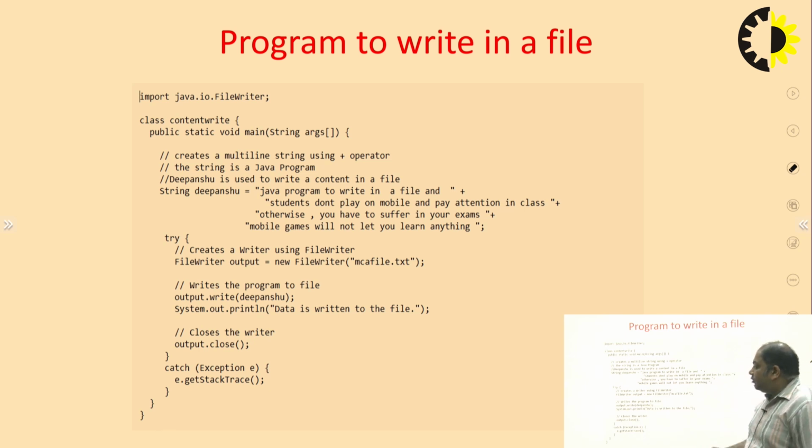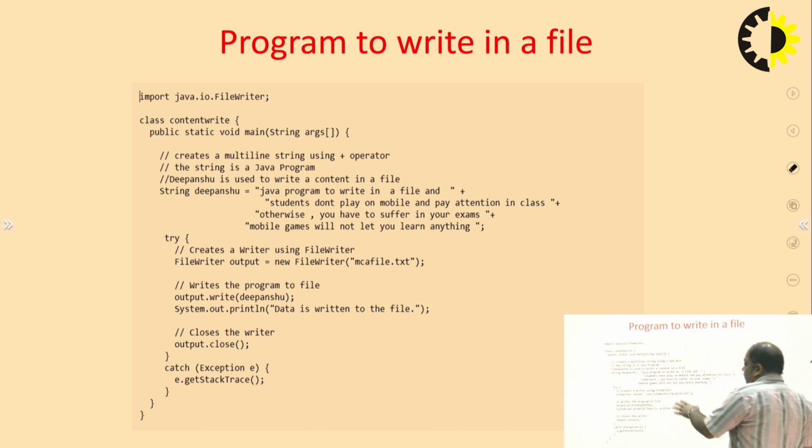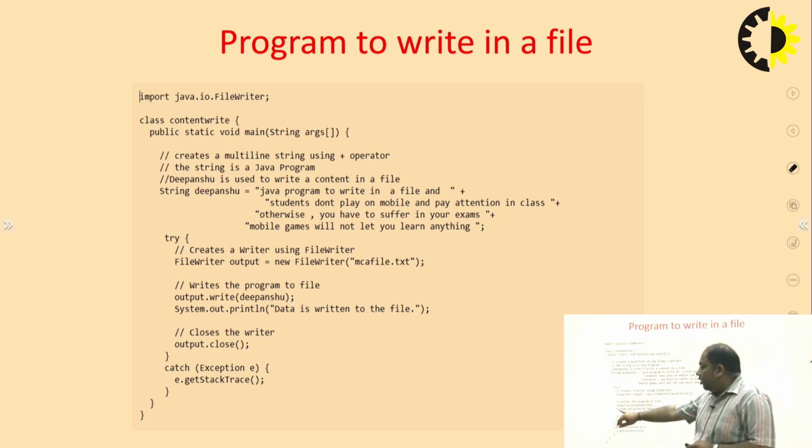For that we have used the FileWriter class, and for the FileWriter class we have given the object the name output, and using this output, we have given the location, the name of the file, mca file.txt. In that mca file.txt, using the object, we have written output.write Dipanshu,